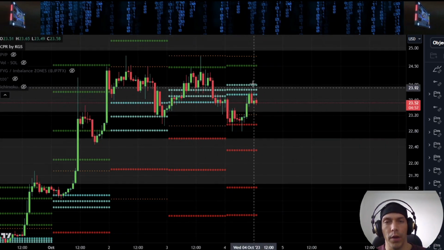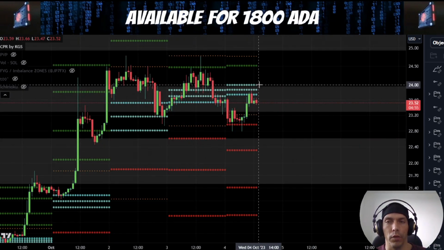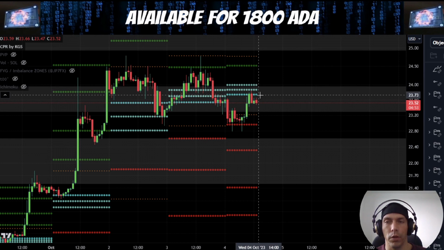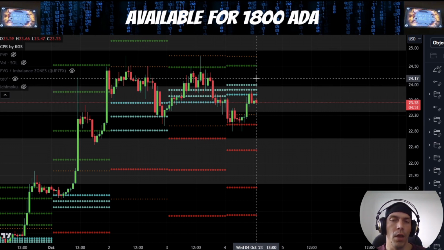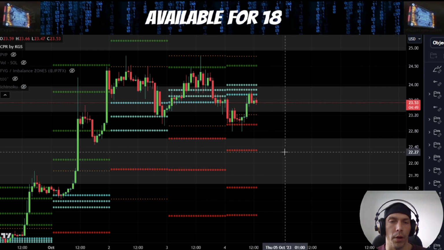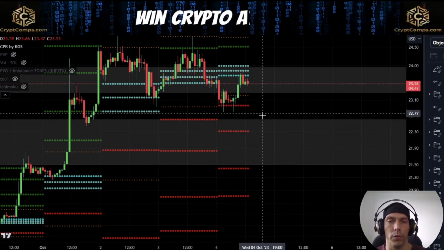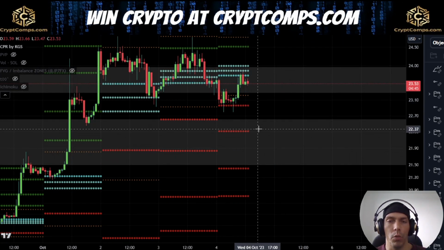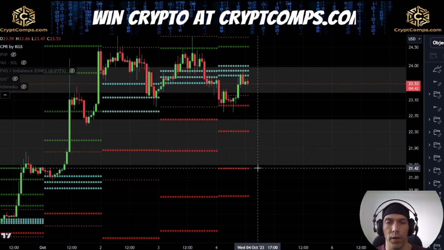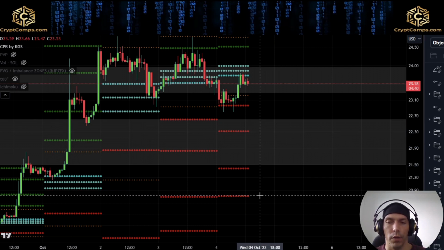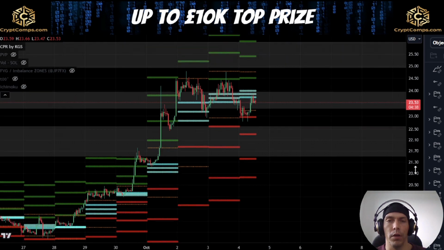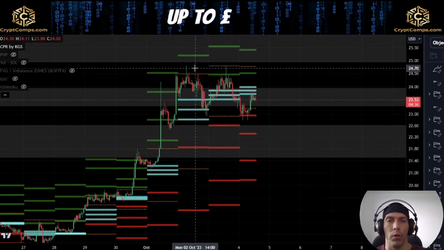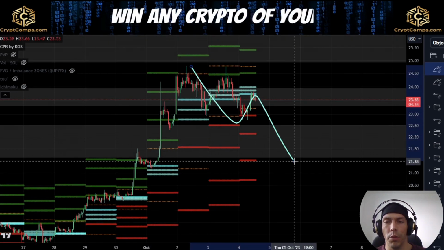Now, if we start to fail and can't push back above these central lines, which is between this $24 and this $23.73, we could potentially be looking to form another leg to the downside. Other targets for today, if we lose this S1 level, would be this $22.30, 21.42, and this 20.78. Now this would align with the idea that here that we got a bigger corrective structure forming to the downside,